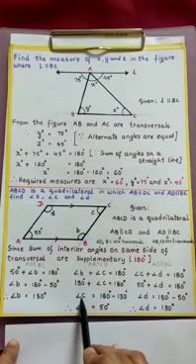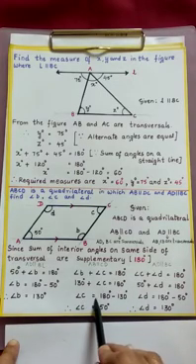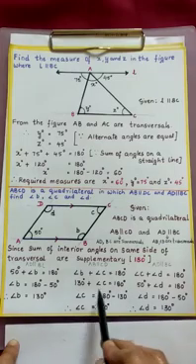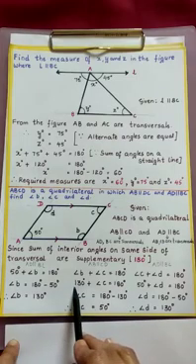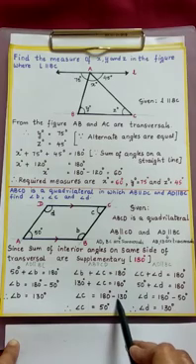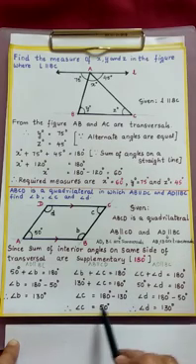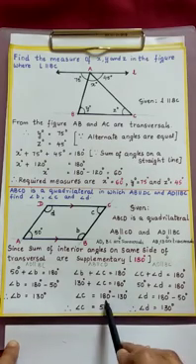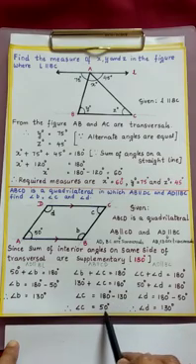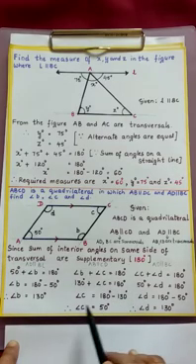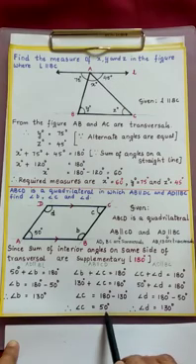Now let us find what is angle C. Angle C is equal to 180 degrees plus 130 degrees. If you transpose, we get minus 130 degrees. So angle C is equal to 180 degrees minus 130 degrees, which is 50 degrees. Now we got angle C's measure also.